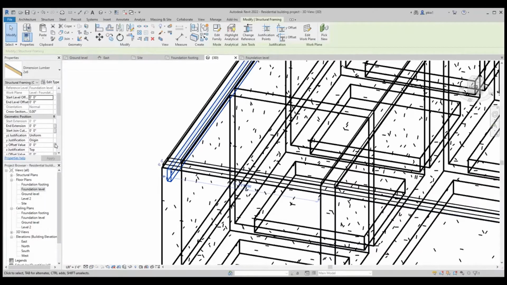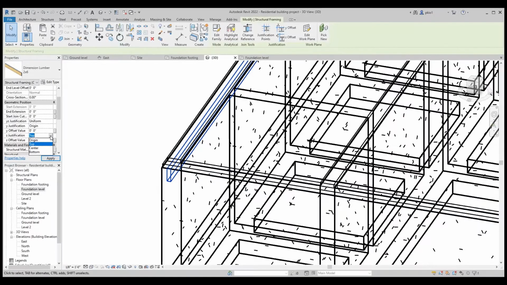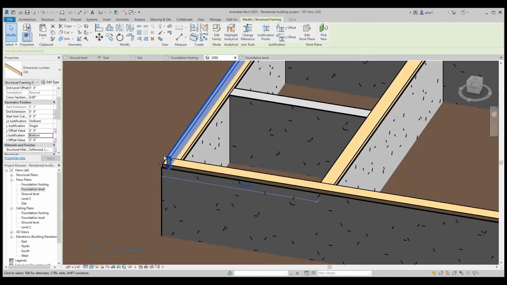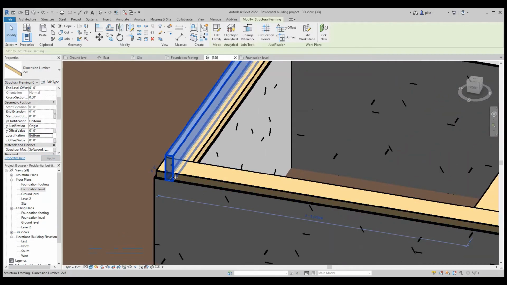And so we go to the Z justification. Z is in the vertical direction, X and Y, the 2D plane. So we say bottom, apply, and therefore the joist can now show. So if I go back to the shaded frame, you can still see the joist.